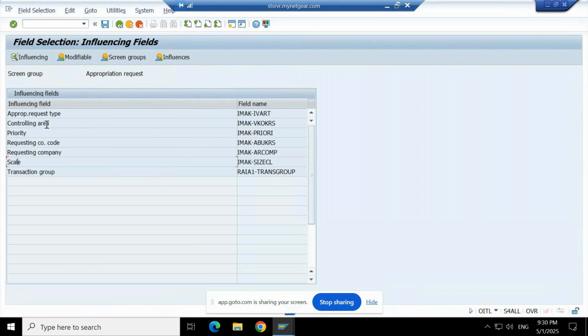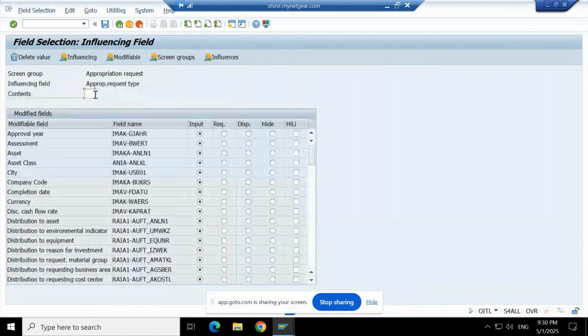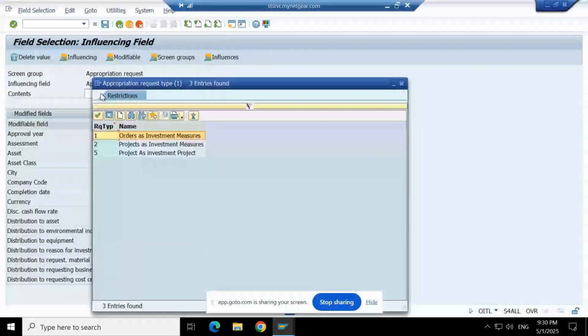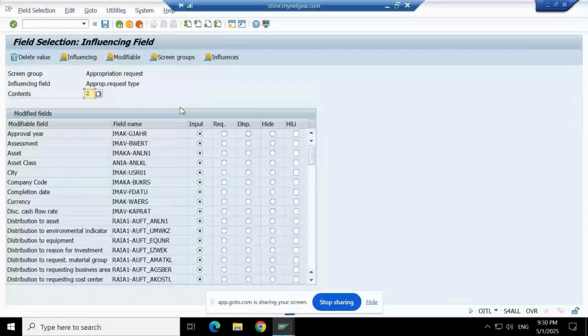Influenced means you can make a field mandatory, highlight it, or hide it based on some parameters. In my scenario, I will go with the appropriation request type. So here I'm using appropriation request type 2. Based on that, I just want to make this selection. So I have selected this content, that is 2. Now I can make these fields: